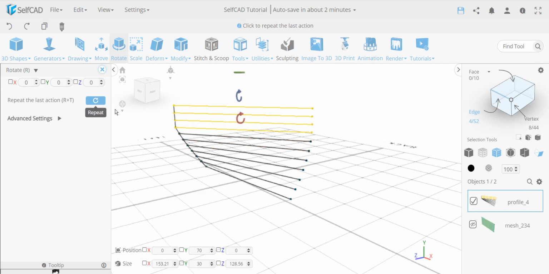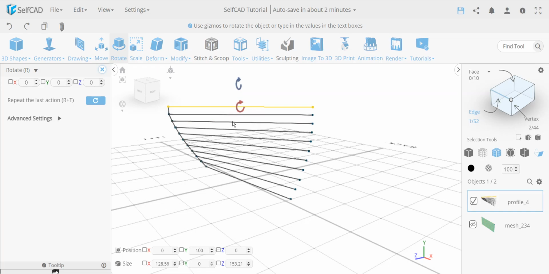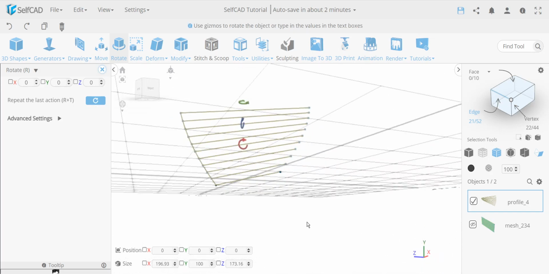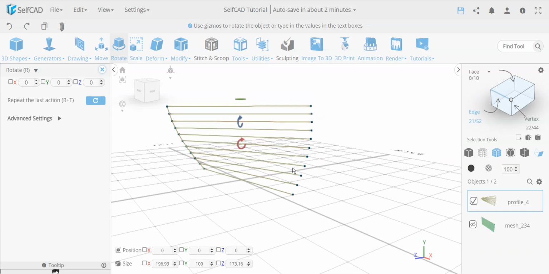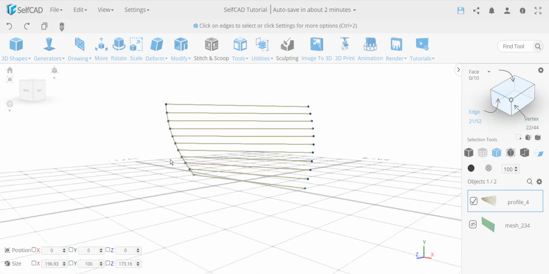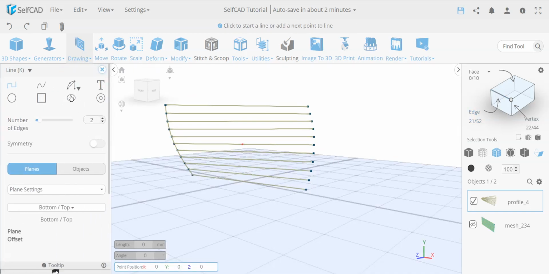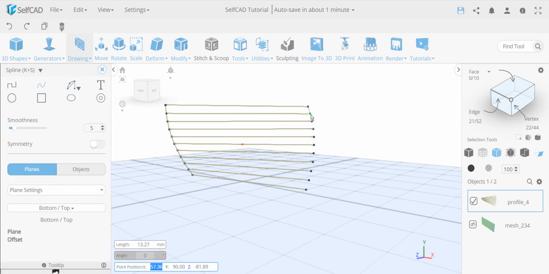non-linear, meaning each one has a different value than the other. And the way I'm able to do that is because once I deselect and I repeat, each one multiplies. So if you think about what's happening over here, I got this shape. Now I can actually go and fill this in. So let's say I'm going to go to draw now, let's say a spline to connect them, but yeah,